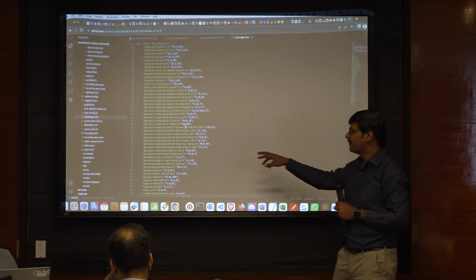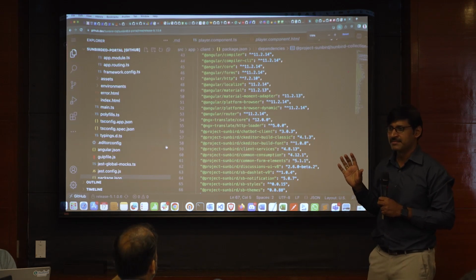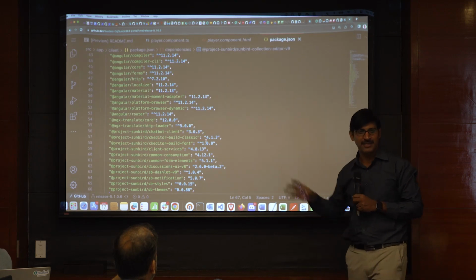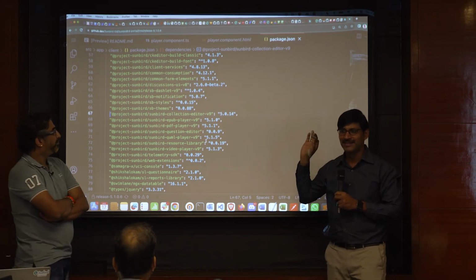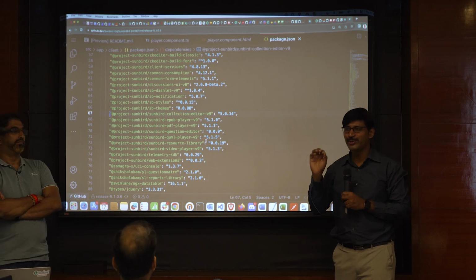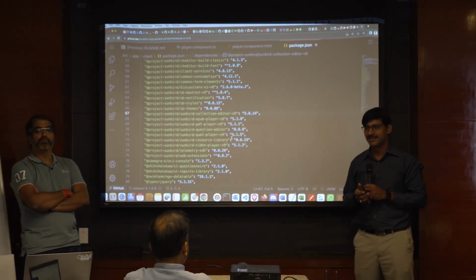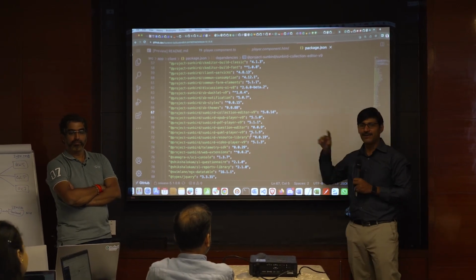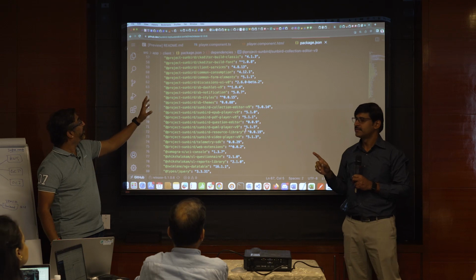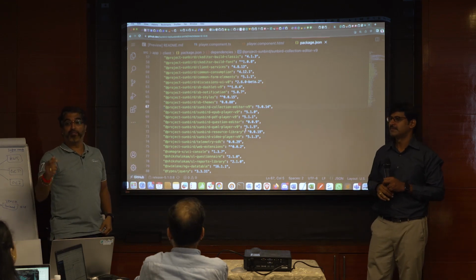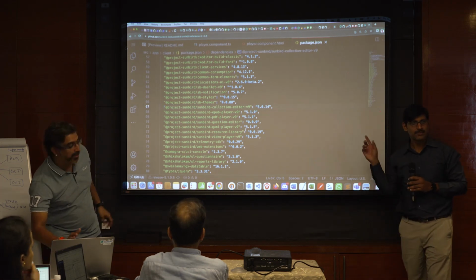See, it's a simple thing. When you go to any Angular project, the package.json file is the key thing that tells you which version of Angular is being used. Any Angular project, not only these libraries, any Angular library you take, just refer to the package.json file of that library. That will tell you what Angular version you should use when you are using the project. You should clearly understand that a lot actually. When you use 5.1.2, all the things are in Angular 9 or Angular 11. So this is 5.1.0.6, because there were some fixes that we have given. All these things are published as part of the release notes.